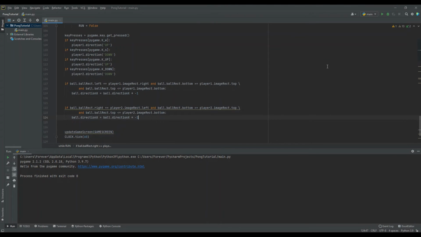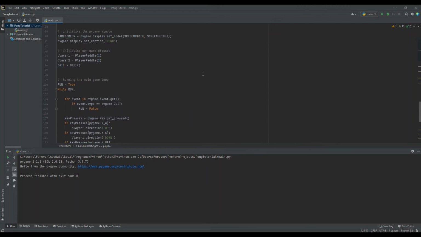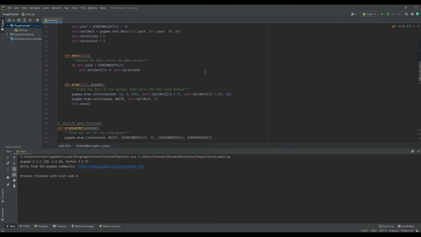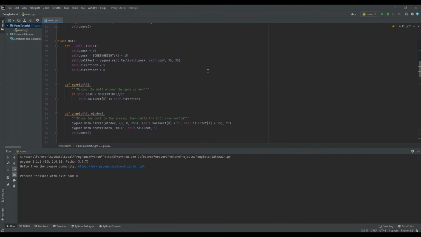I think I built it so we will be doing it within the ball class instead of anywhere else. We're going to create a fairly large method right now, which is going to be fun. I hope you're able to follow along. I'll try and go through it piece by piece so that you can copy it as you go. In my ball class, underneath my move method, we're going to create a method called